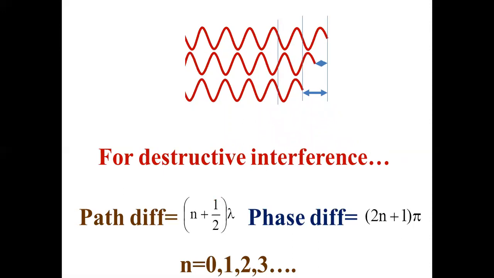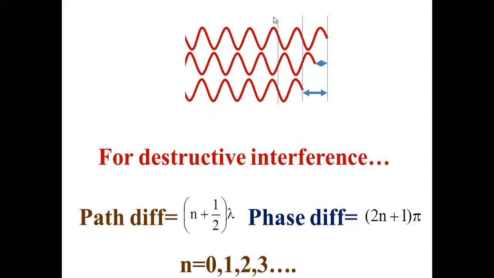For the time being, the gist of this class is phase difference, path difference, and these equations, right? What is the condition for constructive interference? If you want to get a big wave, which is the resultant addition of the amplitudes, how should they superpose? And if the waves have to cancel, how should they superpose? Those conditions you must know. In the next class, we will see the actual application: how does interference look in the case of water ripples, sound, and light?